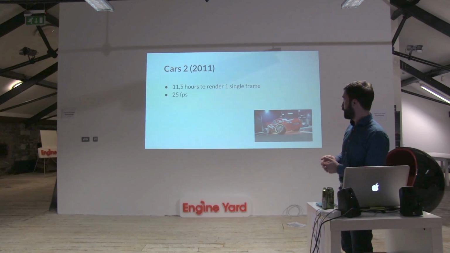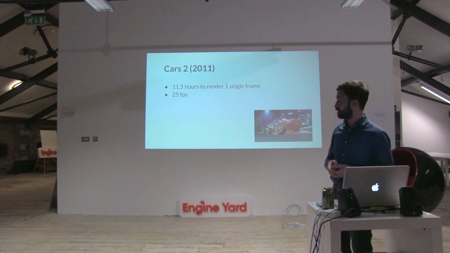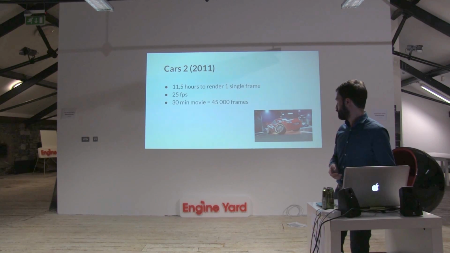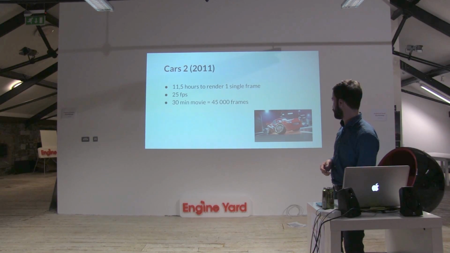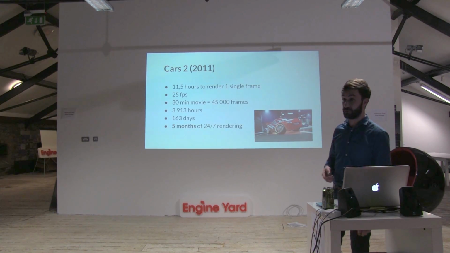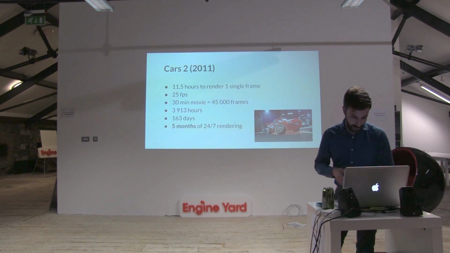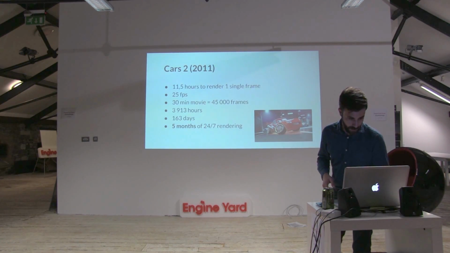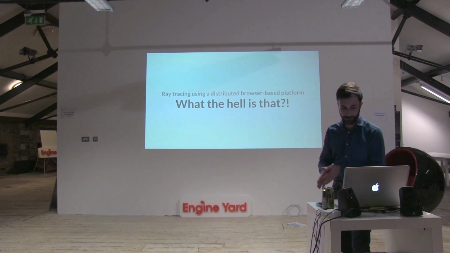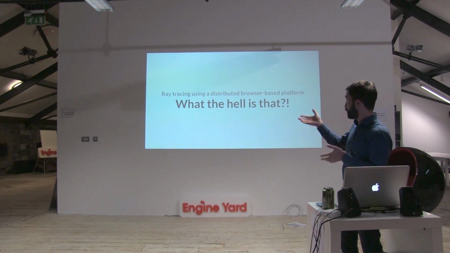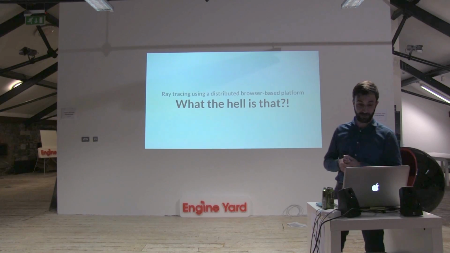Basically, that means that if we count 25 frames per second, which is kind of the average for a normal movie, a 30-minute movie would be 45,000 frames. Meaning a lot of hours, a lot of days, basically 5 months of 24/7 rendering, which is amazing, and just for a 30-minute movie. So one approach to solve that problem could be ray tracing using a distributed browser-based platform, but what the hell